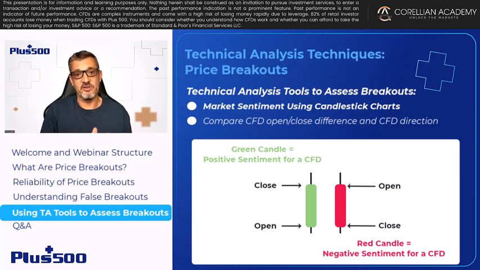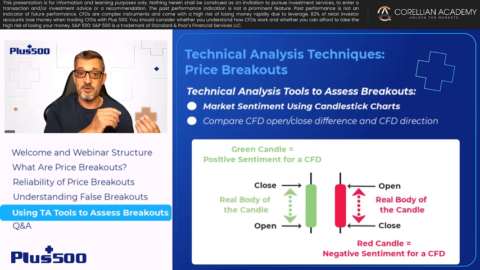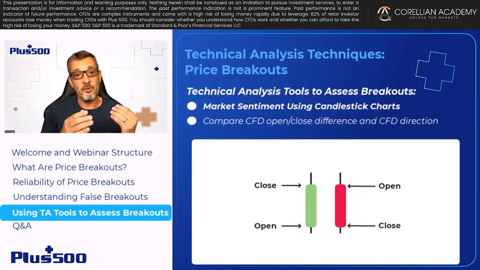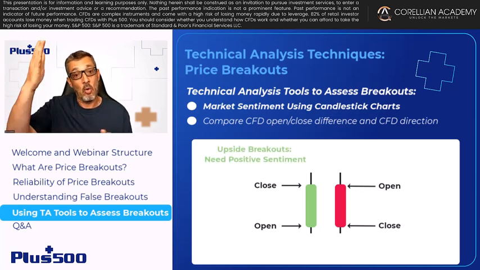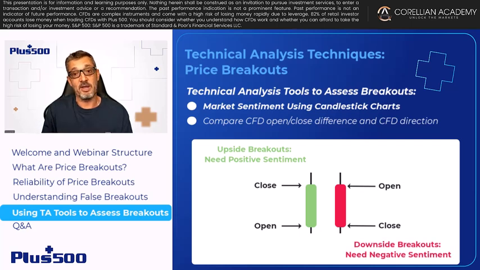The further a market closes from its opening price, the more significant the day is in terms of sentiment. If it closes higher on the session, it's regarded as positive sentiment, while if it closes lower, it's regarded as negative sentiment. The larger the real body of the candle, which is the difference between the open and close, the greater the market sentiment is for that day. To place this within the backdrop of price breakouts, we require positive market sentiment if we are analysing a breakout above resistance, or negative market sentiment if we're looking at a break below support. As a rule, the larger the real body of the candle, the more significant market sentiment